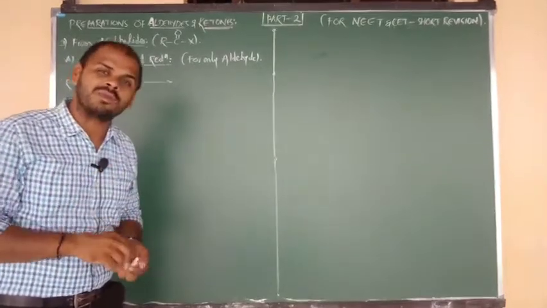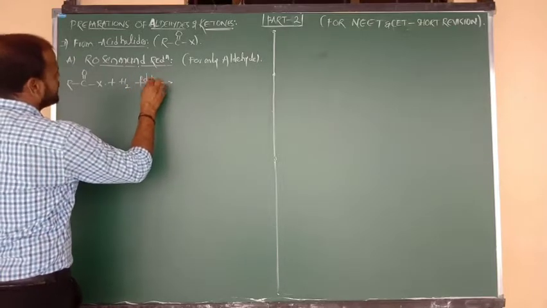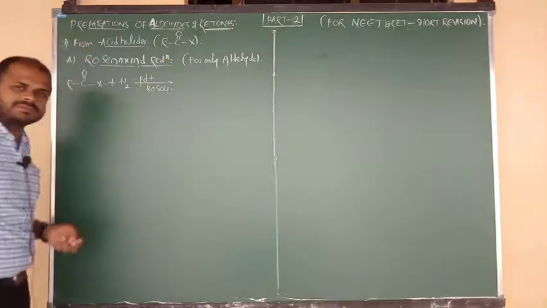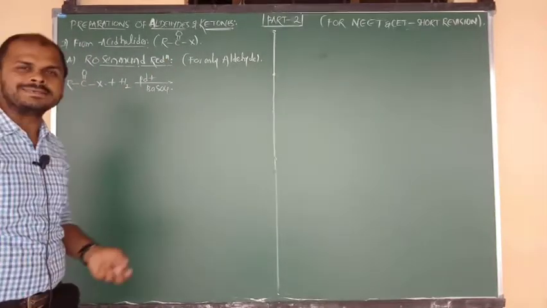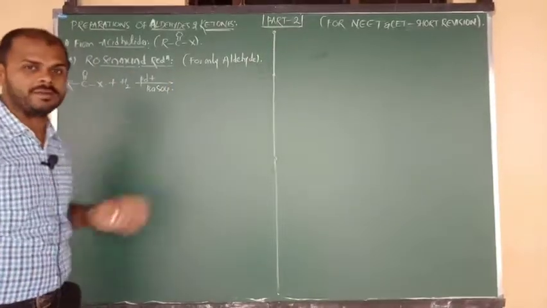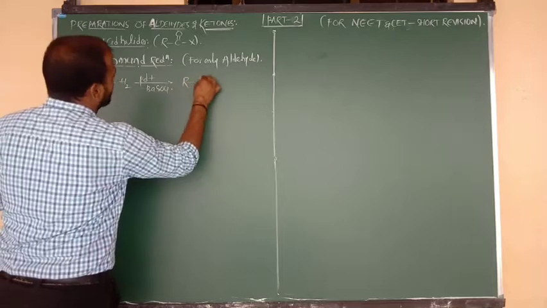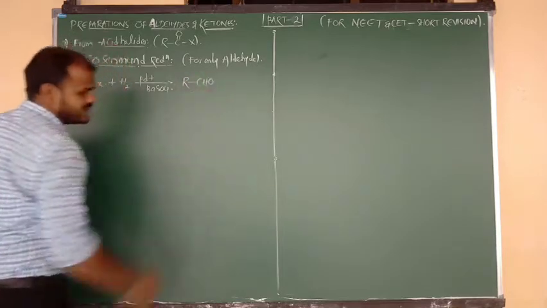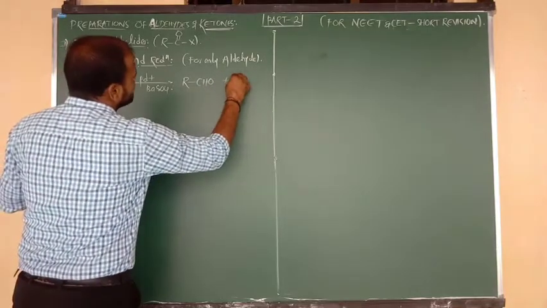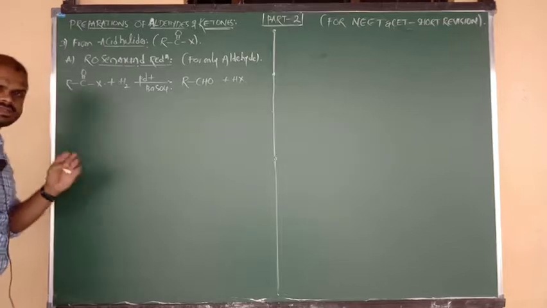Sir, what is the formula of Rosenmund reducing agent? Palladium Pd plus barium sulfate BaSO4. Palladium plus barium sulfate, this mixture is known as Rosenmund reducing agent. This formula has been repeated in CET, beta. Try to remember. Now here the product you are going to get is aldehyde, R bonded to CHO. One of the hydrogens combines with X minus and is removed in the form of what, beta? HX. Nothing but hydrogen halide is a byproduct here.